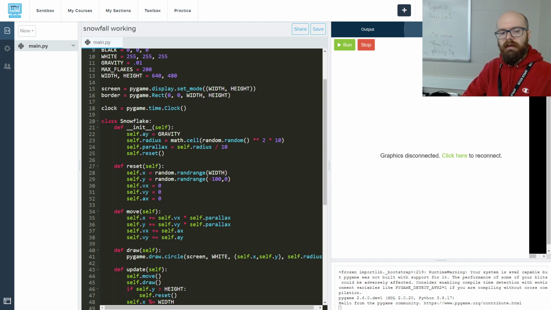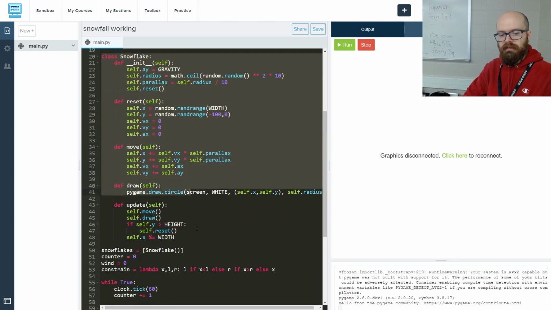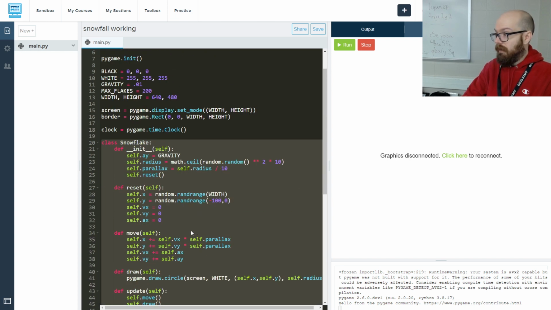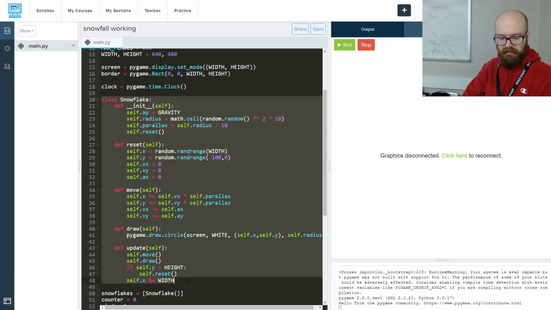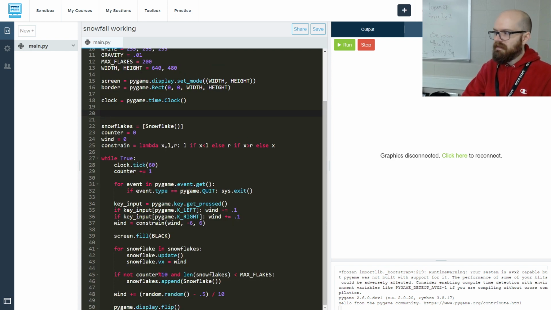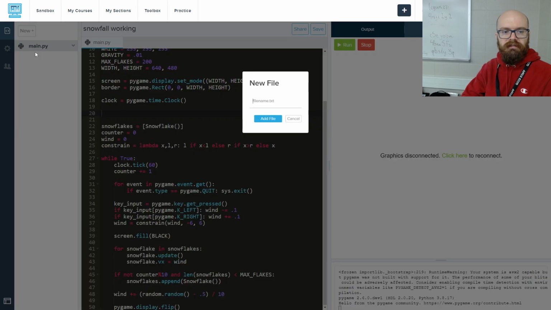So for example, my first goal today is to put the snowflake in its own file. I can imagine that as a type that we use, just like using integers and lists, and the snowflake can stand on its own outside the main. So I'm going to highlight it. Let's go ahead and Control X, and then I'm going to go new file,